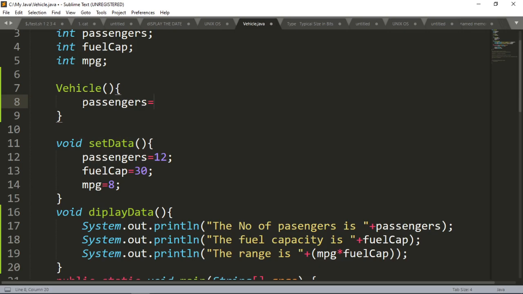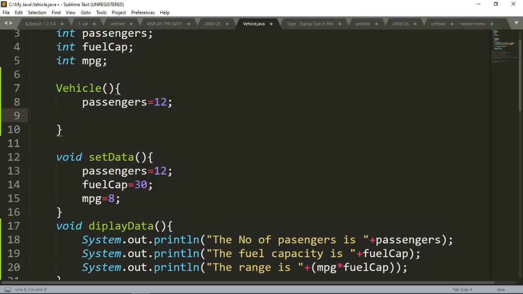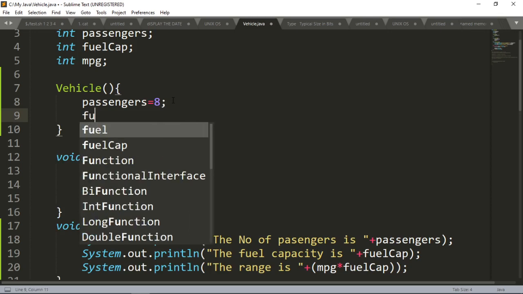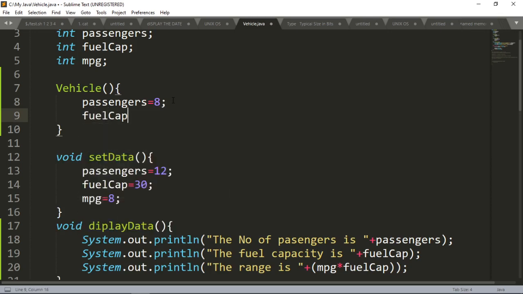Now look, what will happen is that passengers 8, okay, fuel cap is equal to, suppose I'm writing, 20.